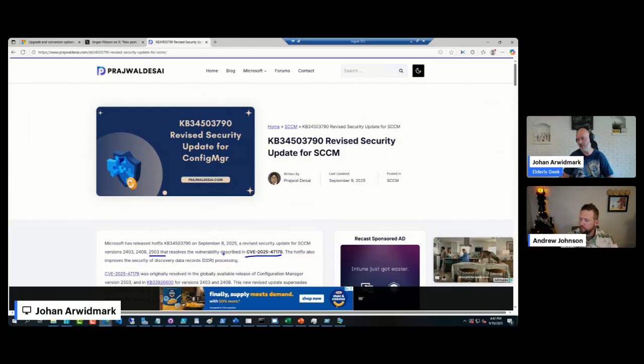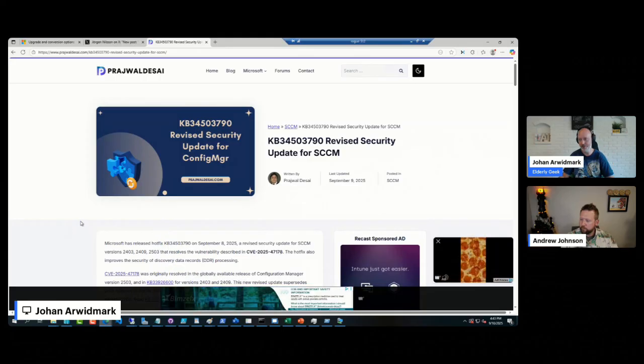Now they have released that even for older versions of Config Manager. So if you're on 2403 or 2409, there is now a new KB available for that. I would probably recommend going up to 2503 as well, because there were so many bug fixes done in that release. But at least now you don't have to rush it in over the weekend and get it done. Now you can just apply one of these hotfixes instead. So I want to mention that.